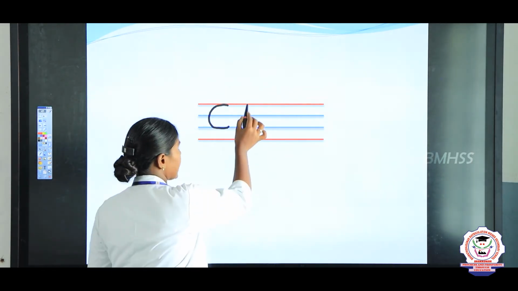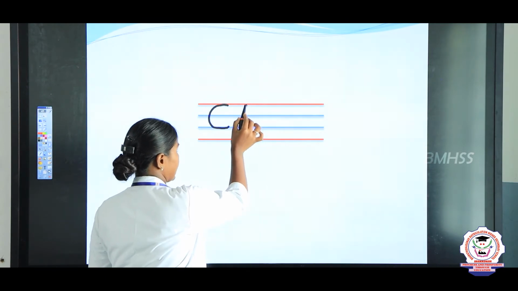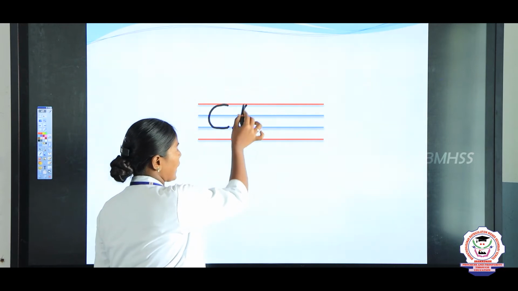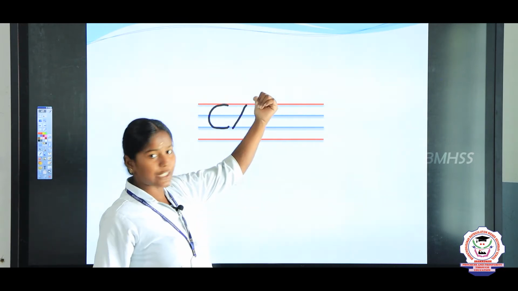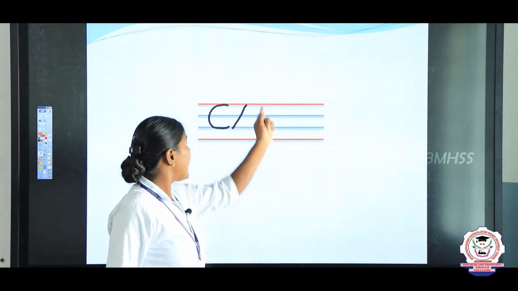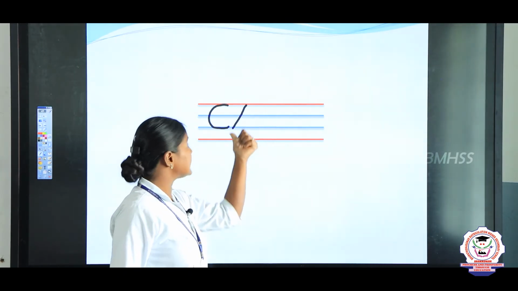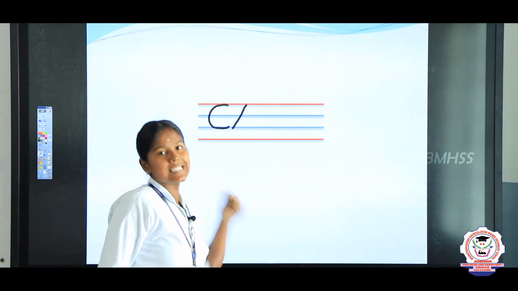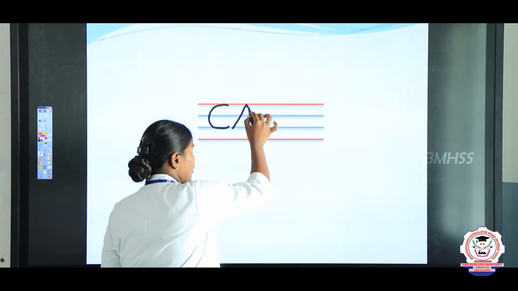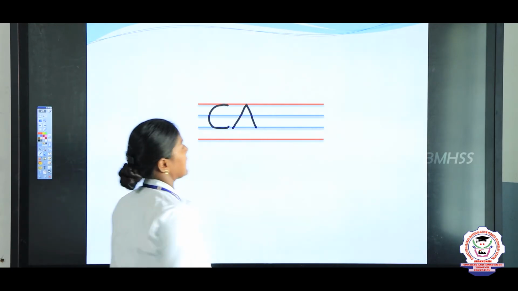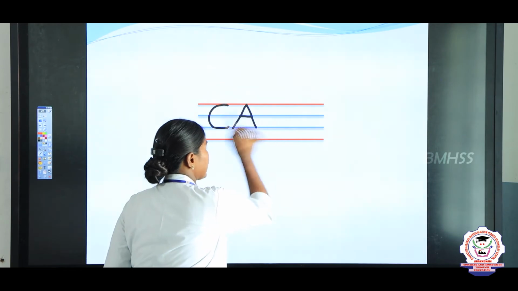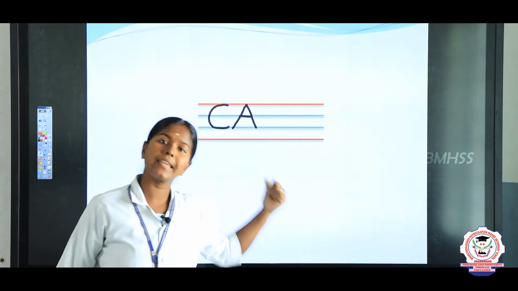Okay. And the next letter is A. To write A, we need 2 slanting lines, that is backward and the forward. First, draw one backward slanting line from the top pink line to bottom blue line. Slant line வேணும் தானே? அதனால மேல இருக்க pink line ல இருந்து கீழ இருக்கிற bottom line வரைக்கும் slanting line first வரையணும். Okay. From there again touch and draw one more forward slanting line like this. In the center, draw one sleeping line. This is the letter A.